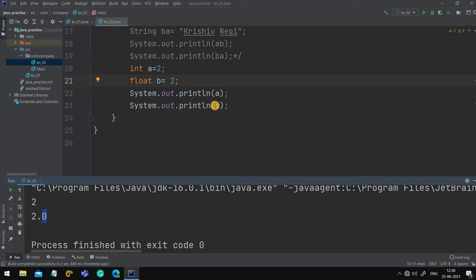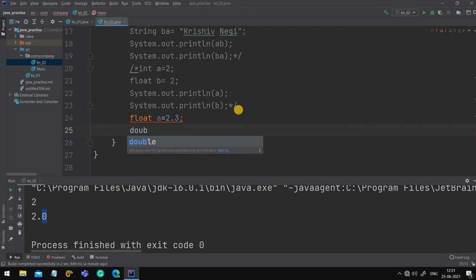Okay, now let me tell you an interesting thing about float and double. Float A is equal to 2.3, double B is equal to 2.3.